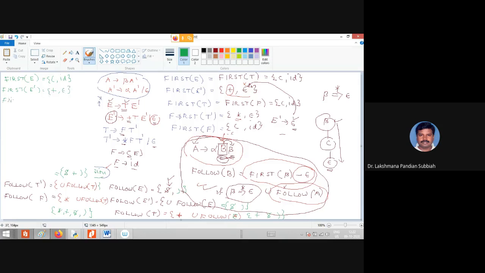First of T' equal to star, empty. Then first of F equal to open bracket, ID. Now we have this first of each symbol and follow of that symbol. Now we are going to construct the table.